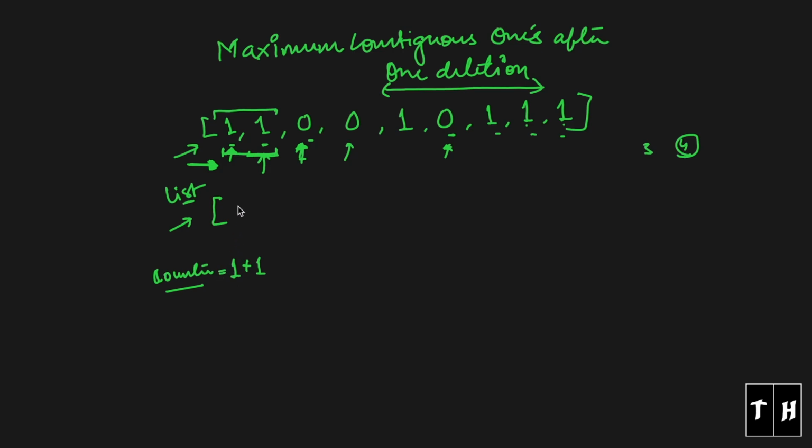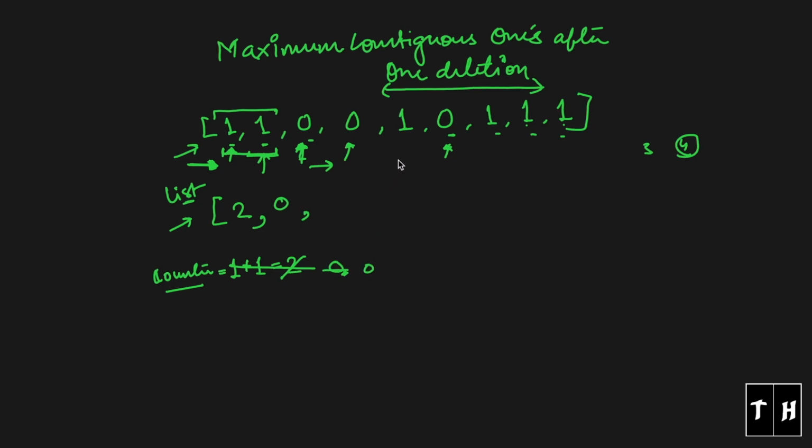So we'll put the counter value, which is 2, into the list, and reset the counter to 0. Then we move forward and find another 0. The counter is 0, so put 0. Every time we encounter a 0, we put the counter value into the list and reset the counter